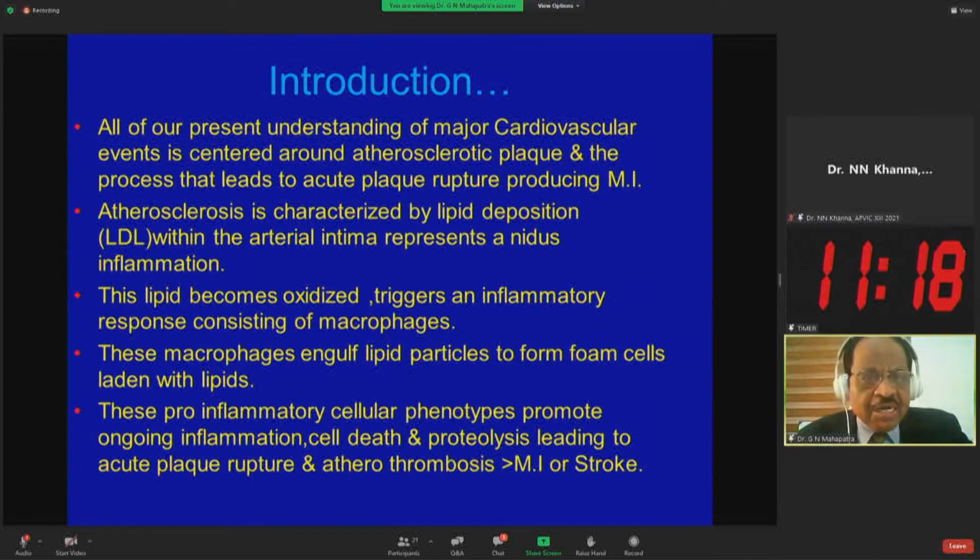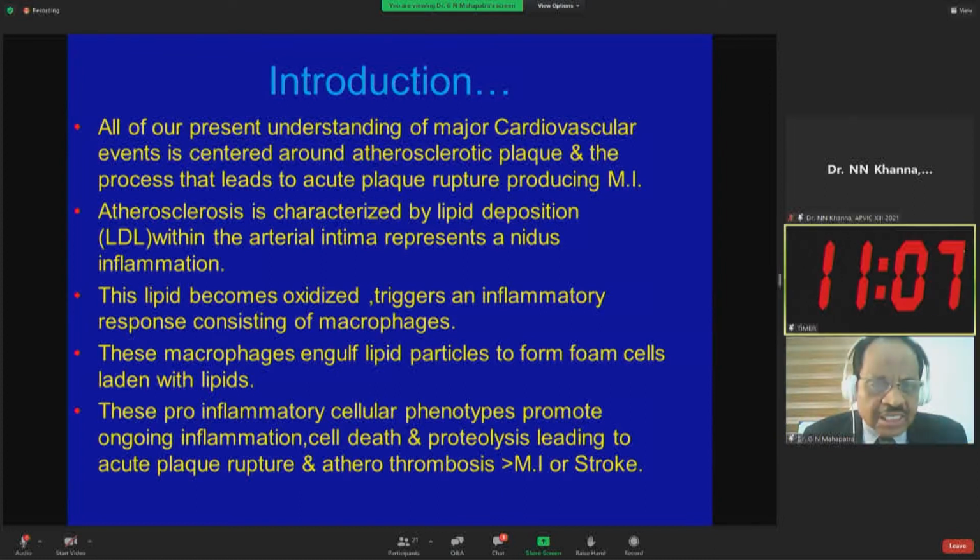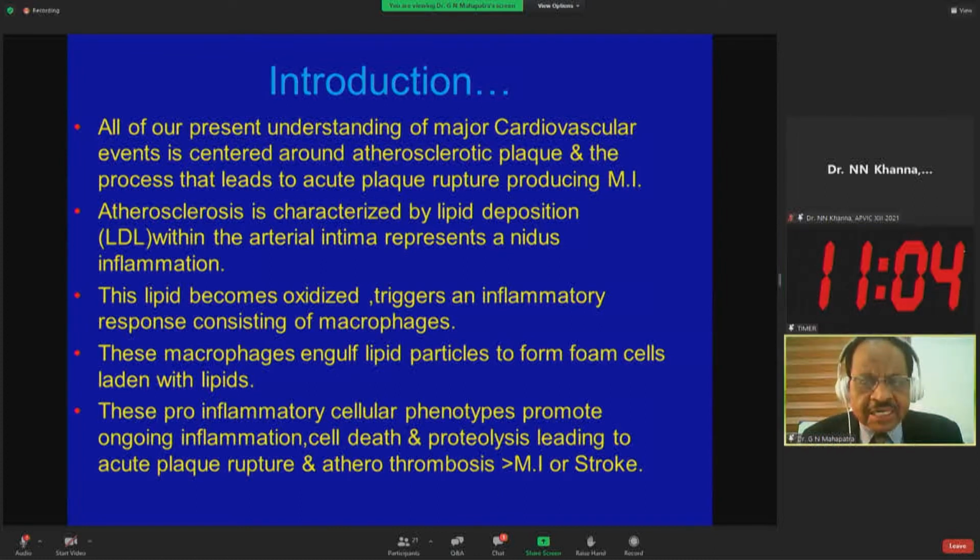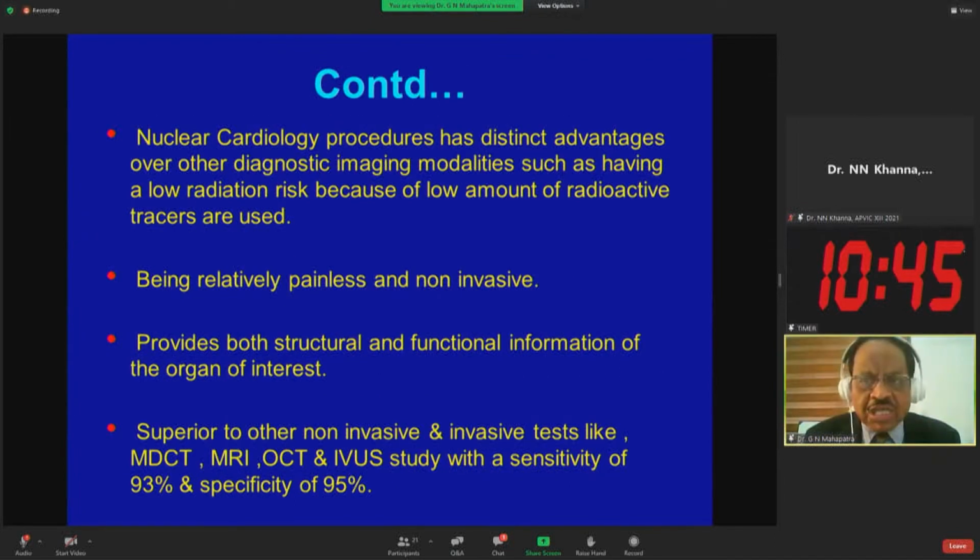Atherosclerosis is characterized by lipid deposition within the arterial intima, which represents a nidus for inflammation. This lipid becomes oxidized and triggers an inflammatory response constituting macrophages. These macrophages engulf lipid particles to form foam cells. These foam cells induce a pro-inflammatory cellular phenotype, promote ongoing inflammation and cell death, potentially leading to acute plaque rupture and an acute event. So nuclear cardiology procedures have distinct advantages over other diagnostic imaging modalities, such as having a low radiation